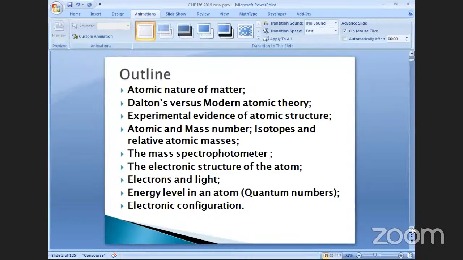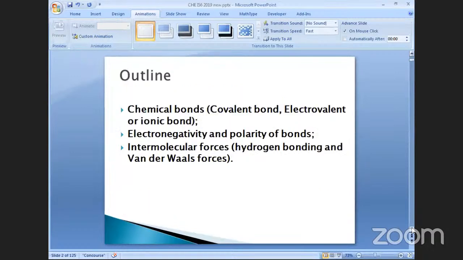I'm sure that these are things you have done before in your various secondary schools. It will be like a brush up, and we'll just build a little more on it. And then we talk about the use of the mass spectrophotometer. We'll consider the electronic structure of the atom. We'll look at the relationship between electrons and light. Then the configuration of the electronic structure of an atom. We'll also briefly look at the covalent